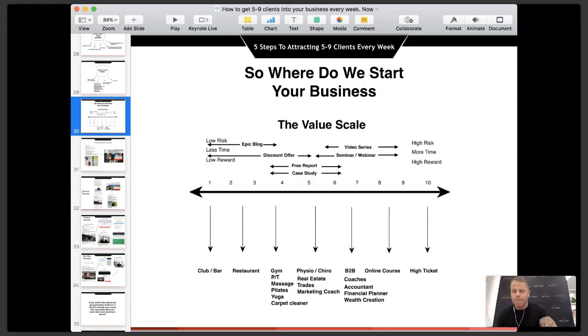Aaron, I'm a buyer's agent for first-time buyers. A case study would work great, or even like for a buyer's agent, the same sort of thing. Like one of my friends does this, and he gets on a retainer, a yearly retainer. He finds them a certain amount of houses per year. A seminar is probably the best thing for you, Aaron.